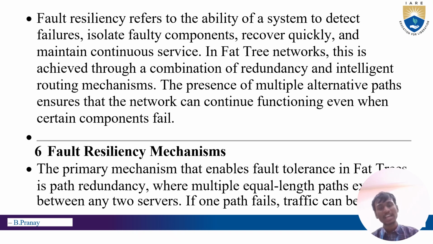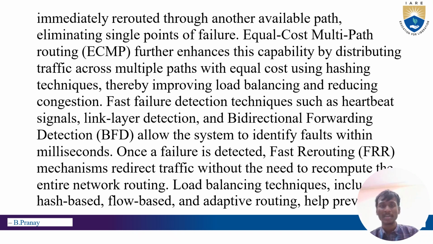Fault resiliency mechanisms. The primary mechanism that enables fault tolerance in fat trees is path redundancy, where multiple equal paths exist between any two servers. If one fails, traffic can be immediately rerouted through another available path, eliminating single points of failure. Equal cost multipath routing, ECMP, further